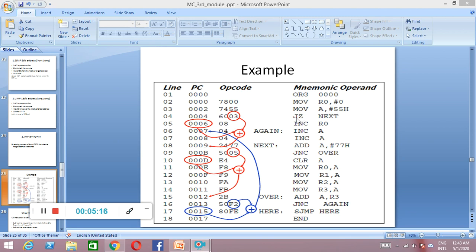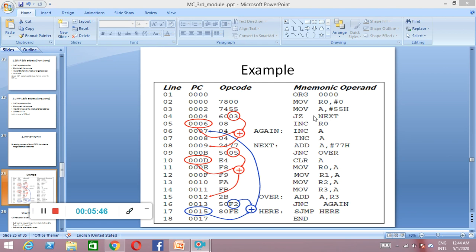So we know how this jump 0 is going to work. JZ, in the sense, is jump if zero. It is going to check the content of the accumulator, whether it is 0 or not. Obviously it is not 0, so it is going to jump only when the content of the accumulator is 0. Where it is going to jump is to the next level. So the next instruction is what? Increment R0, increment RA, increment accumulator, increment A. Like this it is going to work.